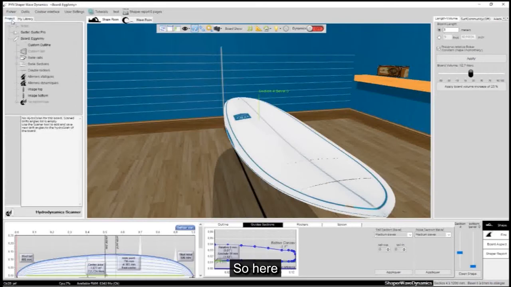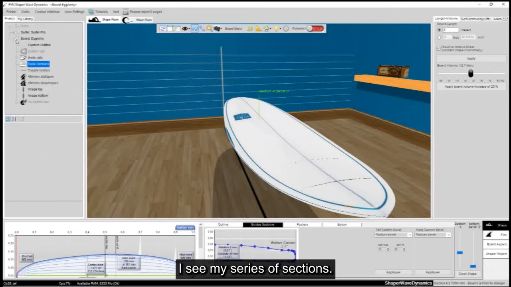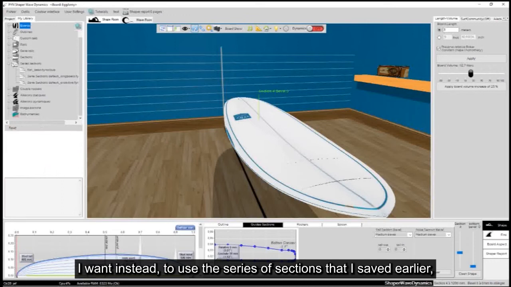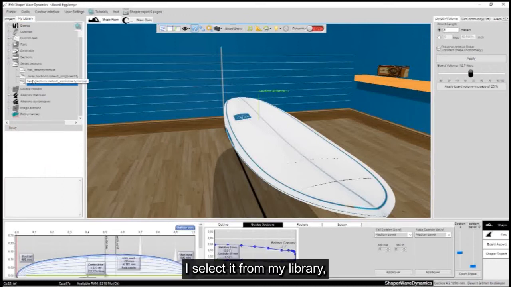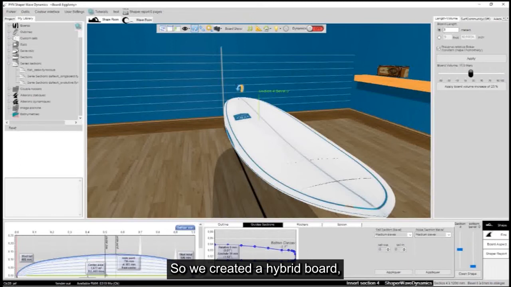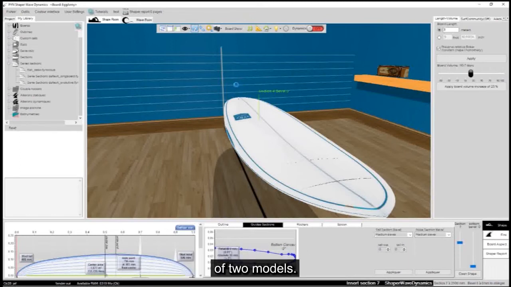So here I see my series of sections. I want instead to use the series of sections that I saved earlier. I select it from my library, and I drag it into this board here. So we created a hybrid board of two models.